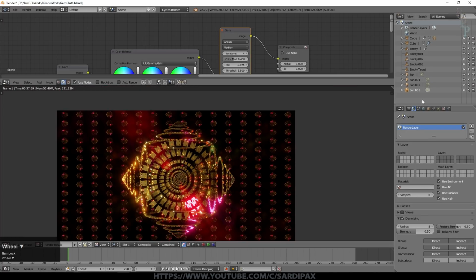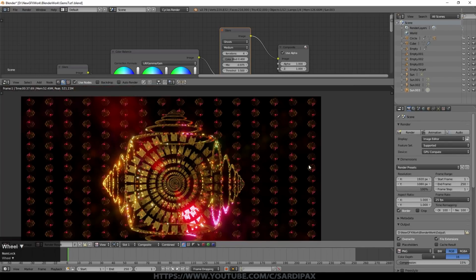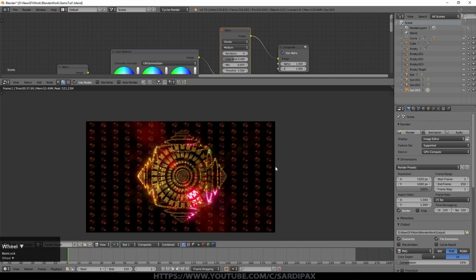But essentially that's it. Just a little note about rendering. That was rendered at 25 samples. You don't want to go for too high a sample typically, because obviously you're rendering an animation. That particular frame took 37 seconds to render. So that's still quite long really for an animation if you're going to do it on your home PC, but it's not too bad with denoising, and you can play around with the settings and samples and so on.